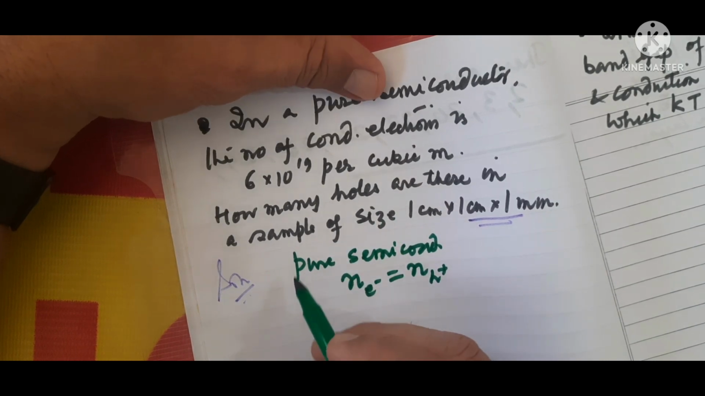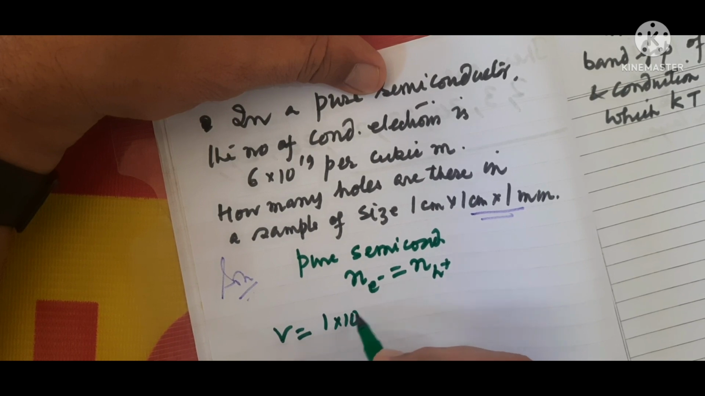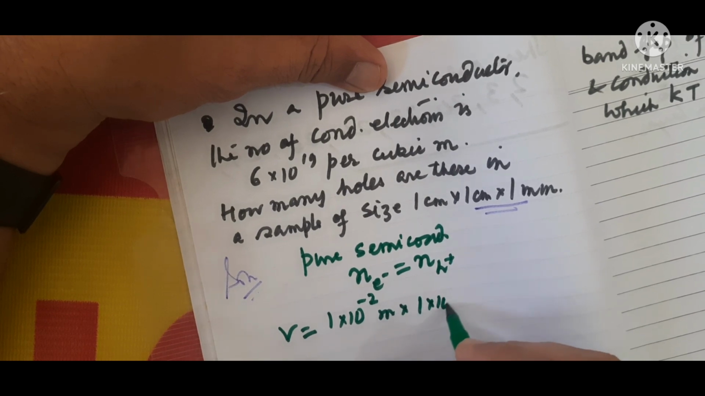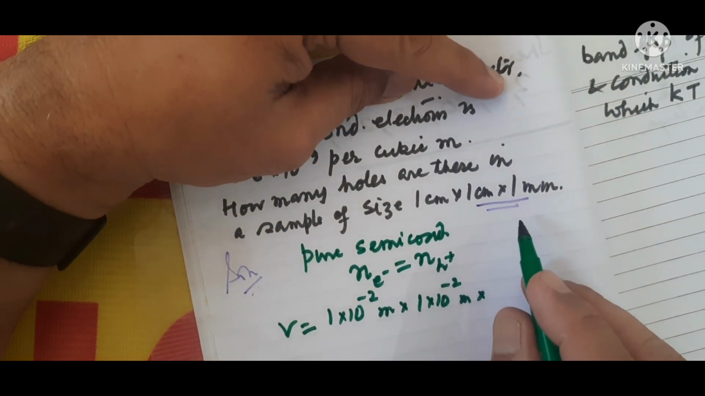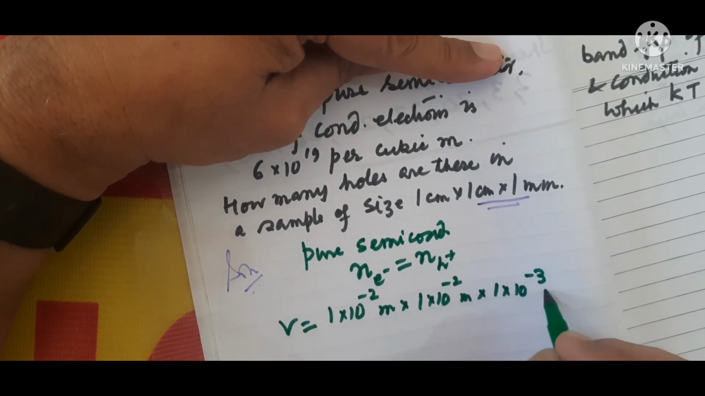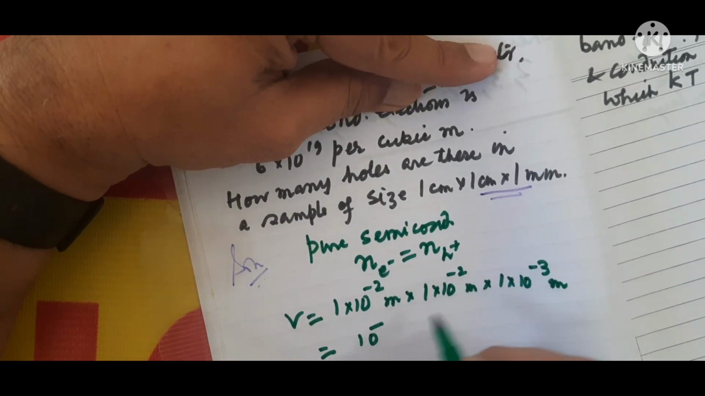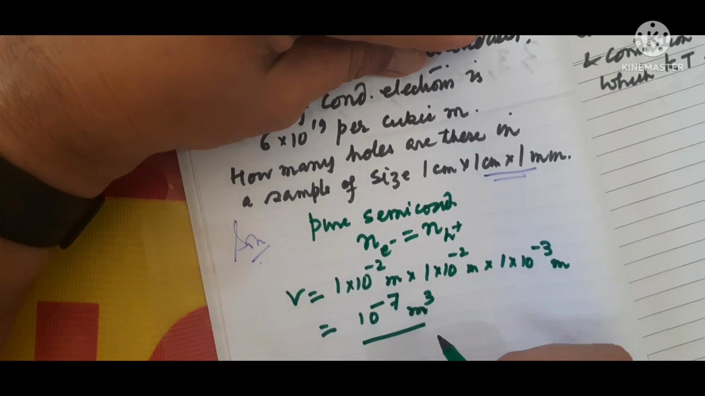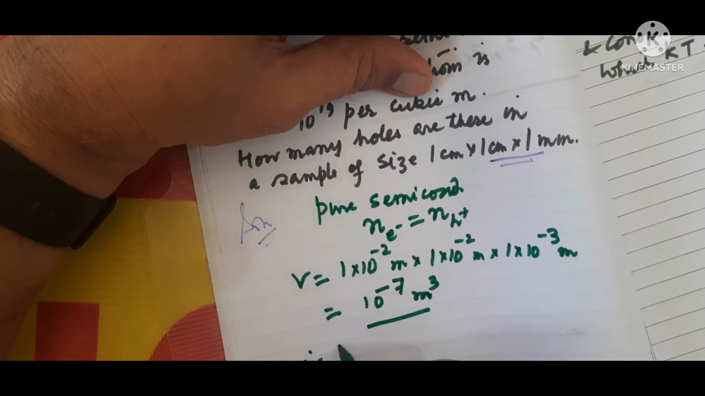cubic meter. The volume is given: 1 centimeter means 1 into 10 to the power minus 2 meter, into 1 into 10 to the power minus 2 meter, into 1 millimeter, that is 1 into 10 to the power minus 3 meter. That means 10 to the power minus 7 meter cube, right. So therefore, the number of